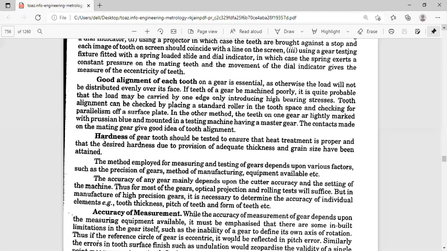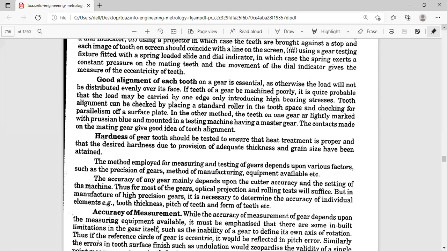Apart from that, it's a quality check also, because whether the heat treatment you have carried out on the soft material, you have to check whether you have got the desired hardness, and you have to check the grain size also through the metallurgical microscope, because the method we are employing for measuring and testing of the gear will depend on various parameters, such as precision of the gear, the method of manufacturing of the gear by machining using the indexing method on the milling machine, or the casting, or the forging.